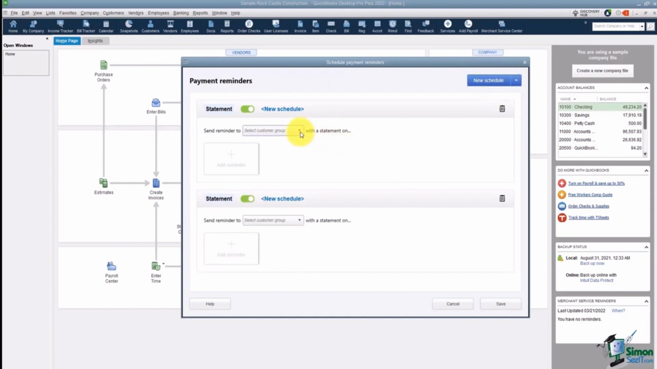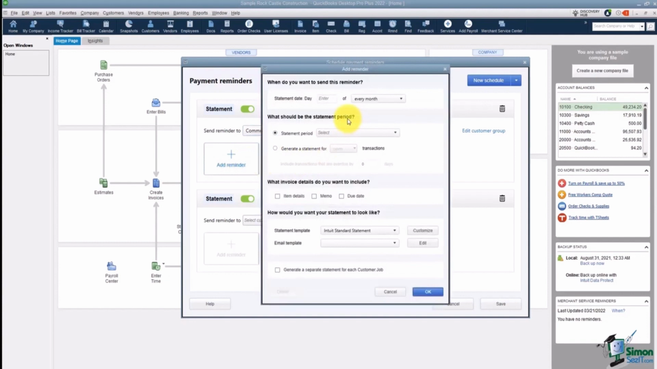The next thing you want to do is tell QuickBooks to send reminders to whichever customer group you have set up. If you do not have a customer group set up, you can choose Add New from here and create one. But we'll just choose Commercial Customers for now. Once you have your customer group set up, you'll want to click on Add Reminder and then fill in some